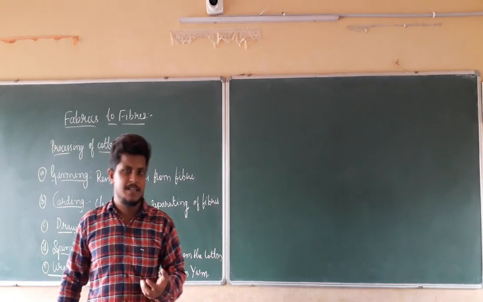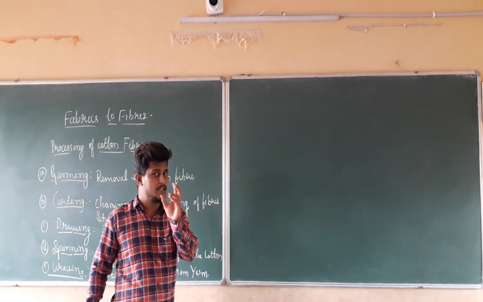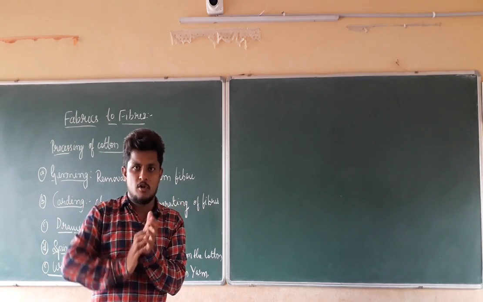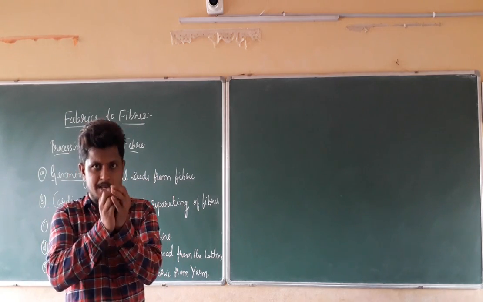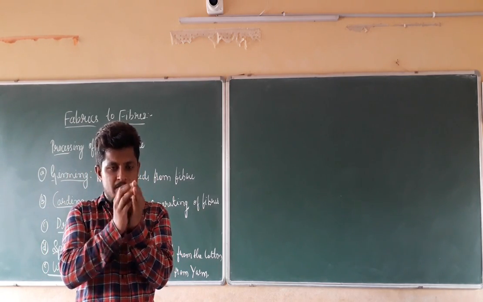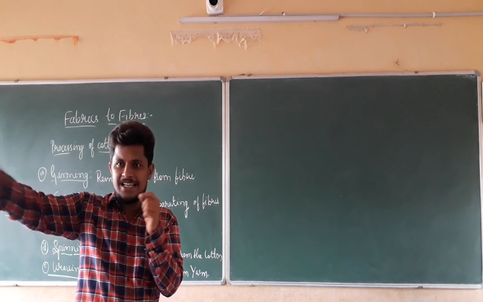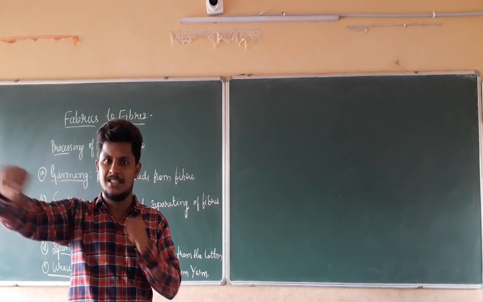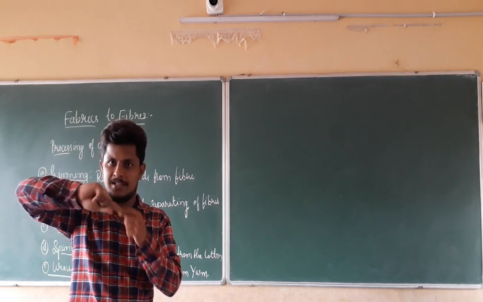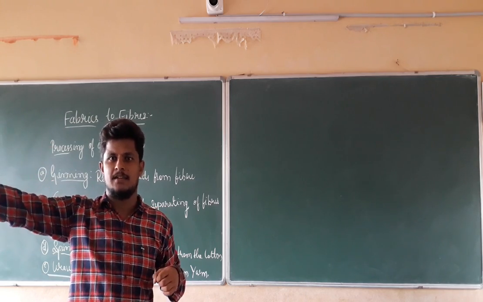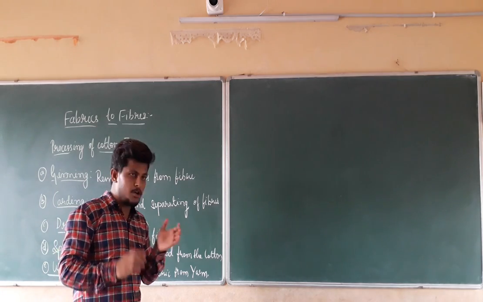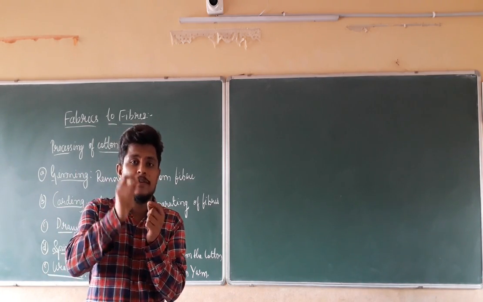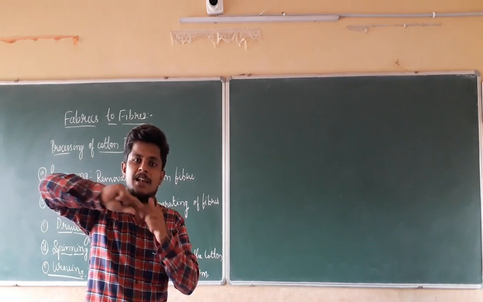If you see the cotton balls, the cotton which is coming out from the cotton ball is closely arranged. It looks like this. So we have to make it thin and in a straight line. If you check a thread or yarn, it is always in a straight line. The thread will be in a straight line and longer in length. But when you check the cotton balls, they are clumped together. They look like balls only. So what do we have to do? We have to make it thinner and lengthier.